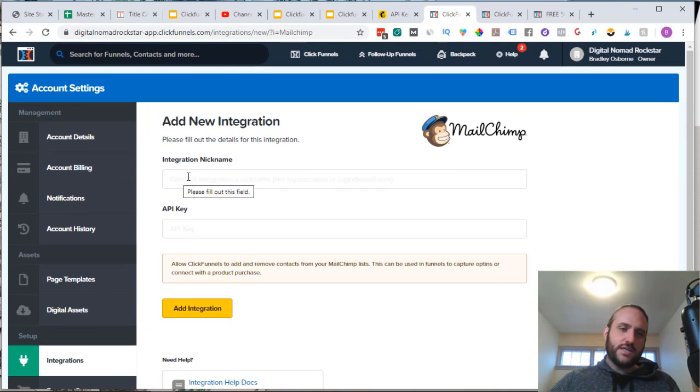So the first thing, just enter an integration nickname. This is just for your use only within ClickFunnels. So you could say Mailchimp business name or Mailchimp list. So that's fine. Now the next thing we're going to need is called an API key, and the API key